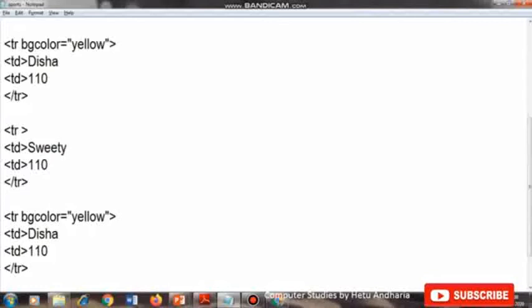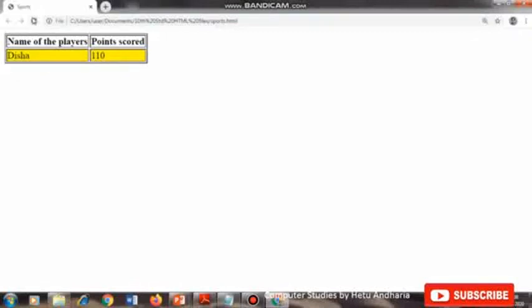Points scored are 100 as per the textbook. And for the last one, again we want to keep the row color as yellow, so we leave it as it is. Points scored 111, for example. So you can see that these two rows' color has been changed.